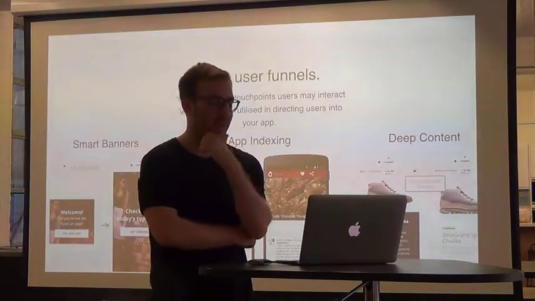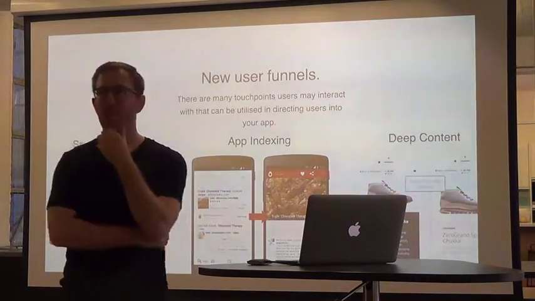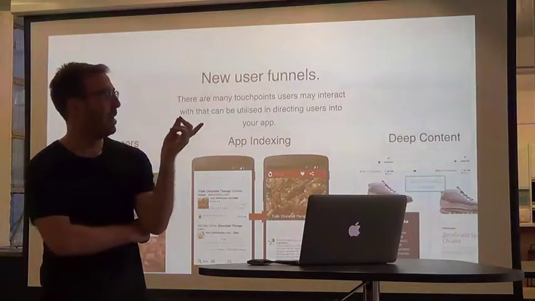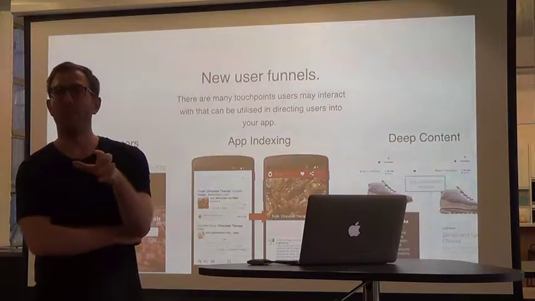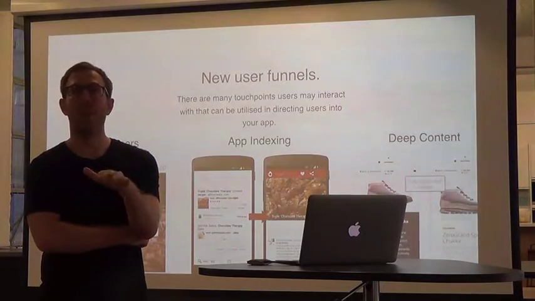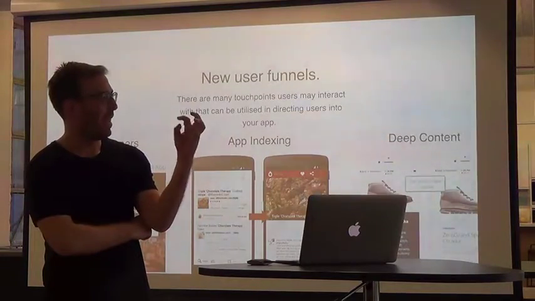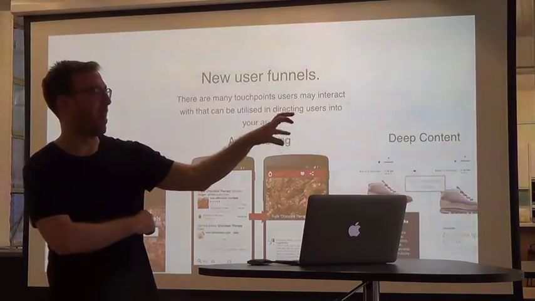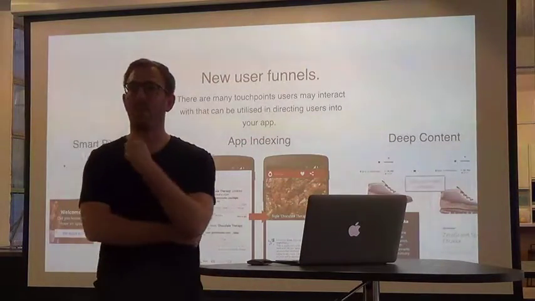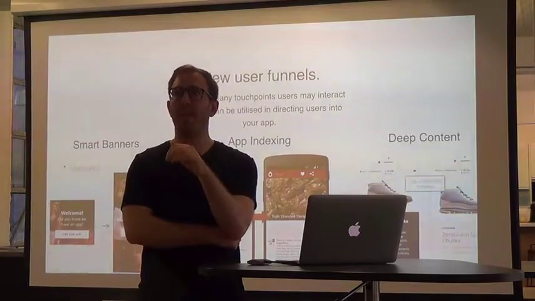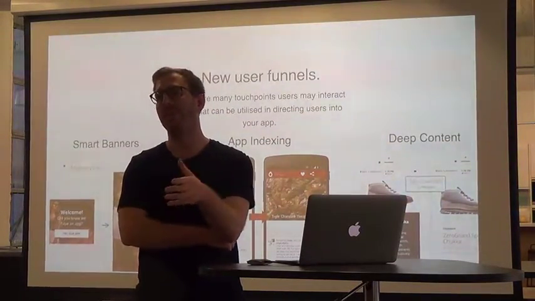And then the last one is deep content. This was actually something new, so I was doing a bit of research, and it's effectively a product where you've indexed what's within your app, so it's a close synergy between what you have on the web and what you have in your app. If someone comes to the web, it shows you in a more native format what that product is, and then there's a button to get it in the app, and it'll be a deferred deep link within the app. If you're trying to get organic traffic, it's important that you get these things right, because it makes a big difference to your conversion.